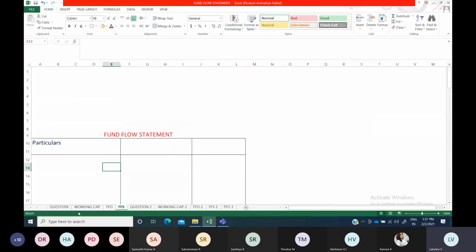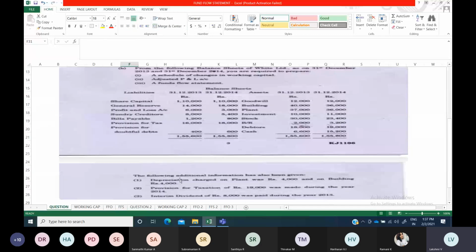Why you have to do them: because you may have purchased machinery or a plant, or sold out a building or plant, and you have to identify that. All the fixed assets will appear in the fund flow statement, in the last step, the third step only. Plant and building are all fixed assets. Other than that, all current assets we have already taken in the first step. So for a fixed asset, either purchased or sold, we can directly see it here.